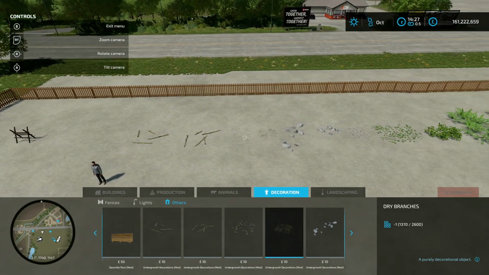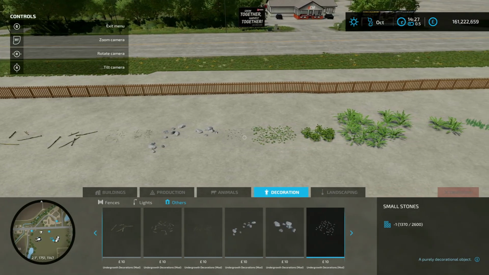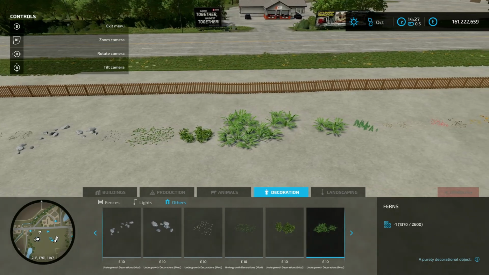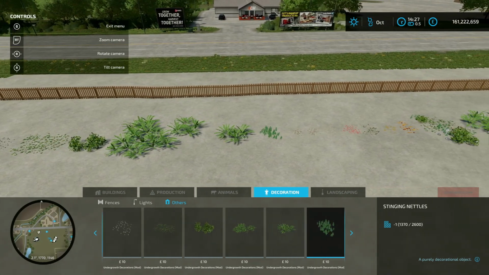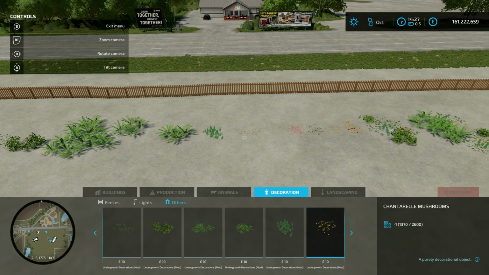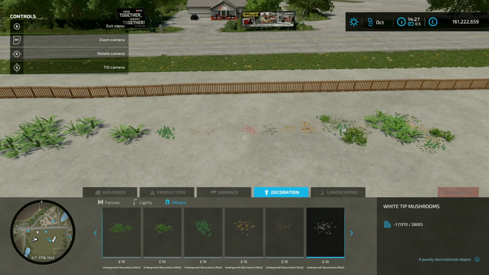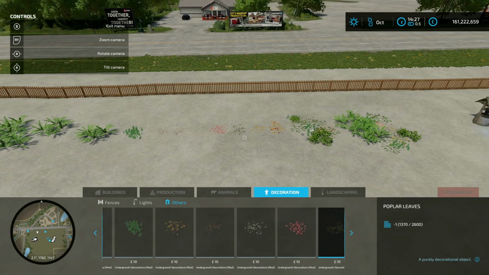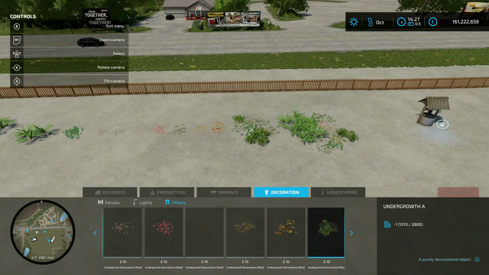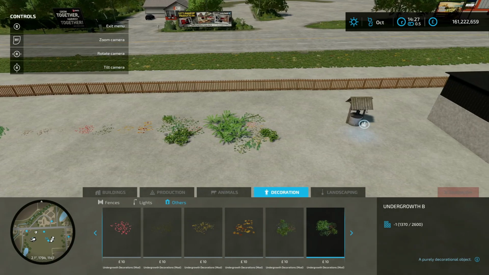We then got small branches, dry branches, big stones B, small stones, cover foliage, brambles, ferns. We then got small fern. We then got stinging nettles. Oh, you don't want to fall in those. That's going to hurt. We then got chanterelle mushrooms, boletus mushrooms. We've got white tip mushrooms, flycap mushrooms, poplar leaves, elm leaves, maple leaves. Got undergrowth A, which is a bit of a combination of all of them, and then undergrowth B, again a